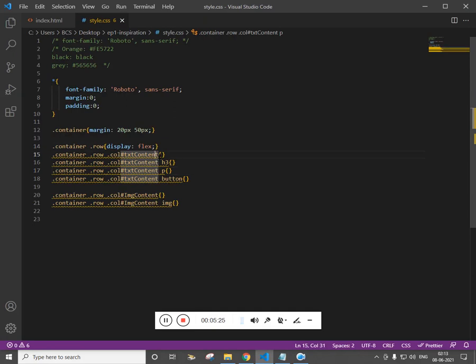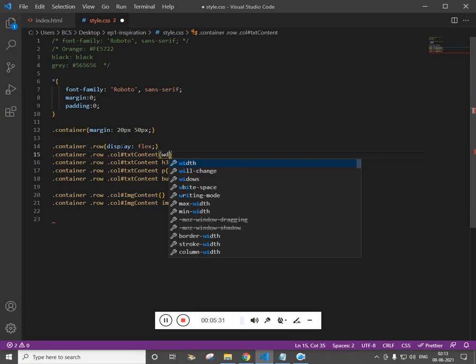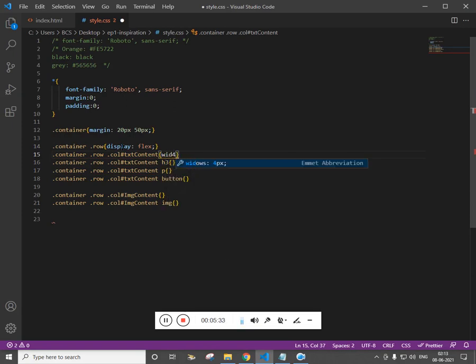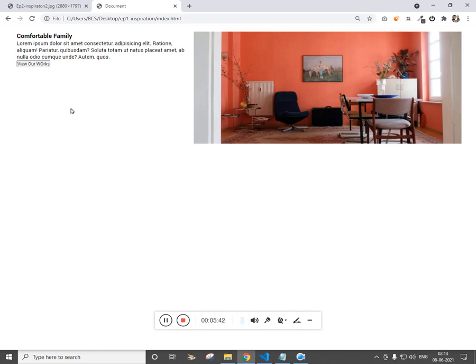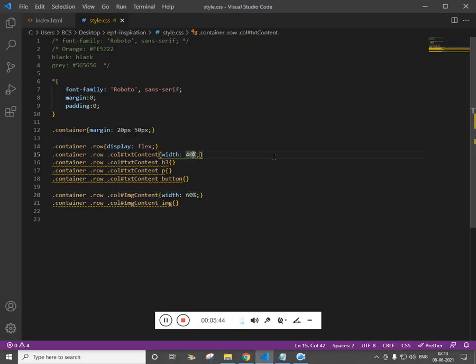And for the first, which is text content, I want the width to be 40%, and for the image content I want the width to be 60%, or you can make this 30/70.